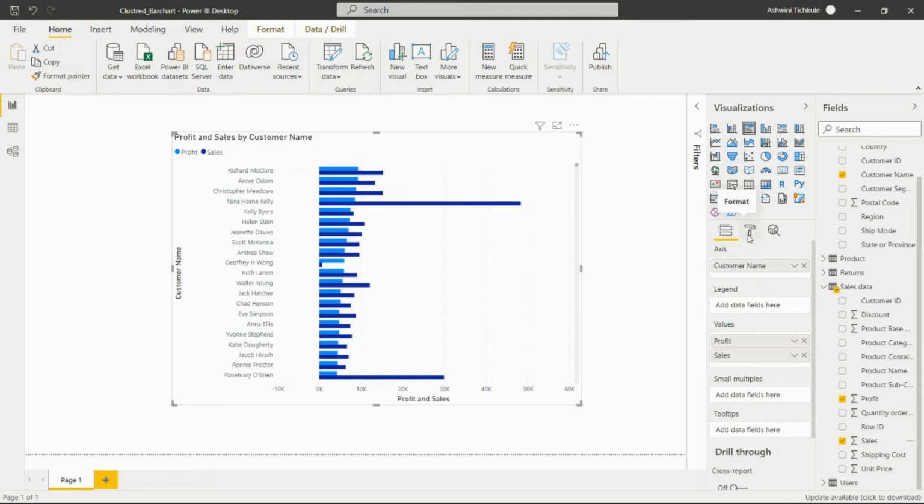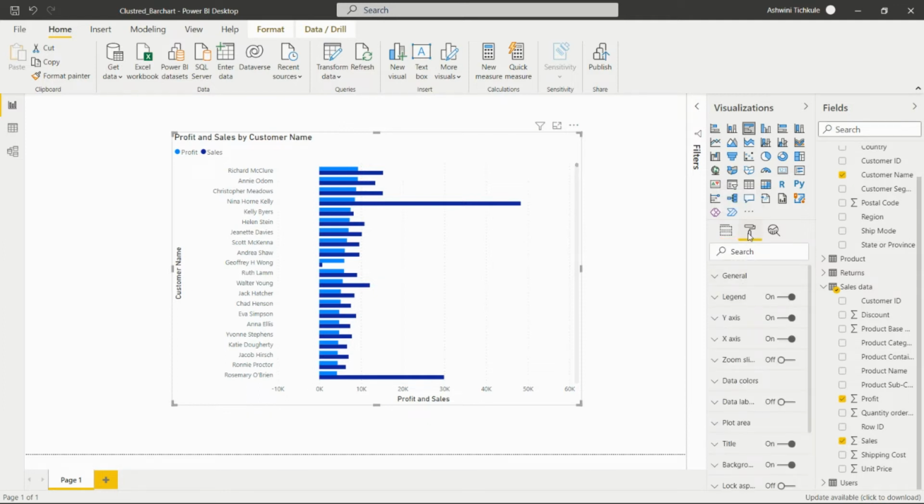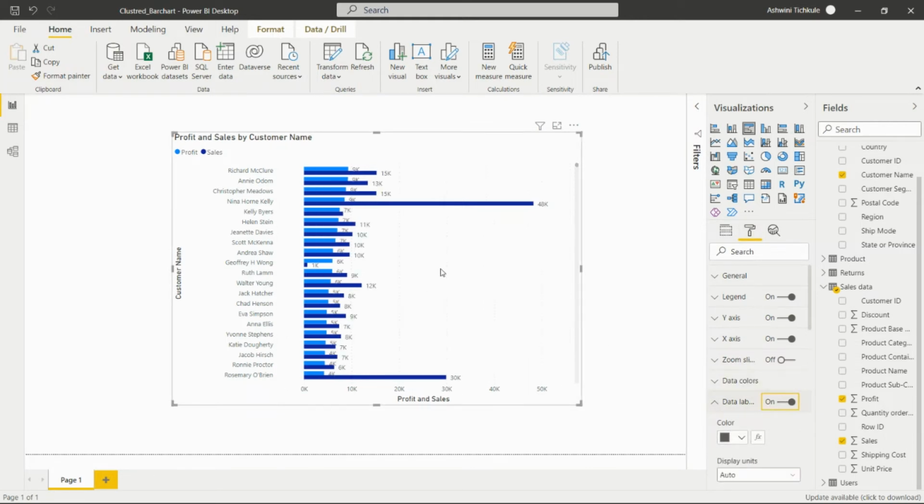For giving the styles, or we can say the cosmetics, to our visual, we can see this format option, and we are able to give the style to our visual from here. If we have to give the data labels, then we have to turn this on. After that, we can see the data labels here.